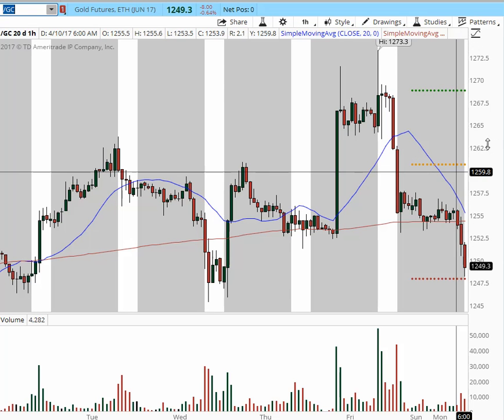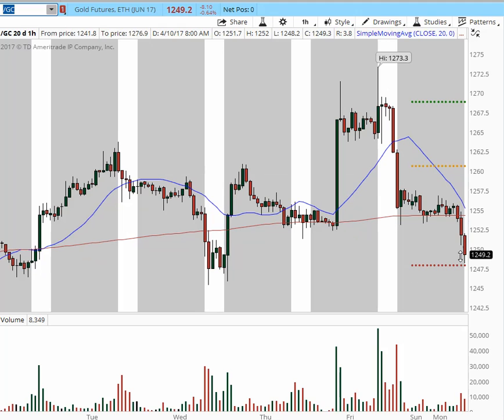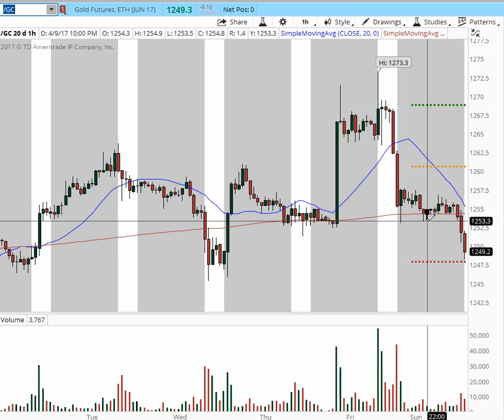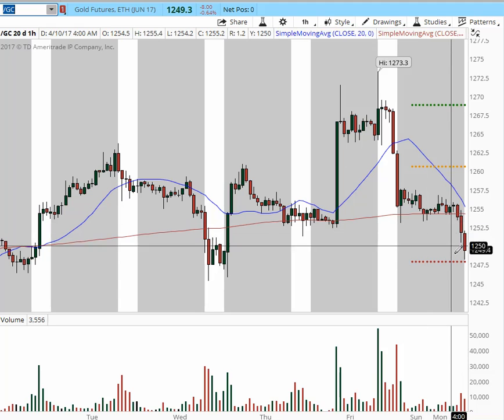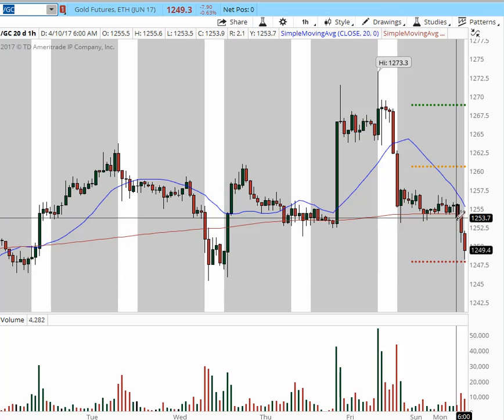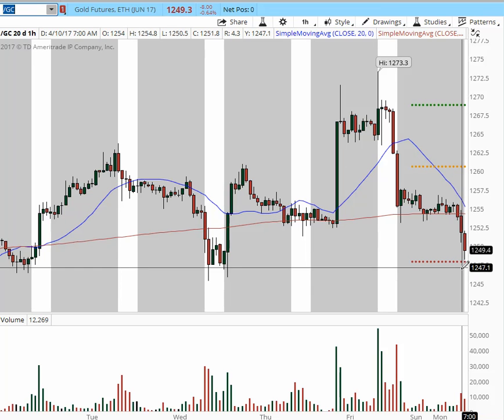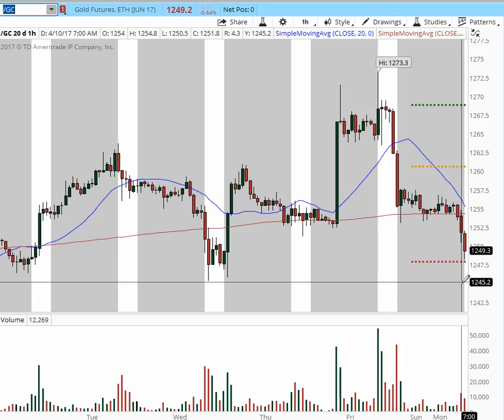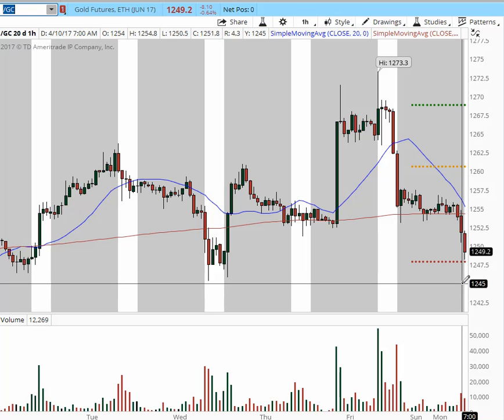And gold, well, gold is the only one that is looking a little bit tradable at this point. In terms of that, it is breaking these overnight lows at 1253, and it's having a continuation lower. The next support level is 1246, 1245. At this point, this area right here, the 1246 area, if this area is going to be breached, then we should continue even lower, and we have room to continue all the way to 1240,